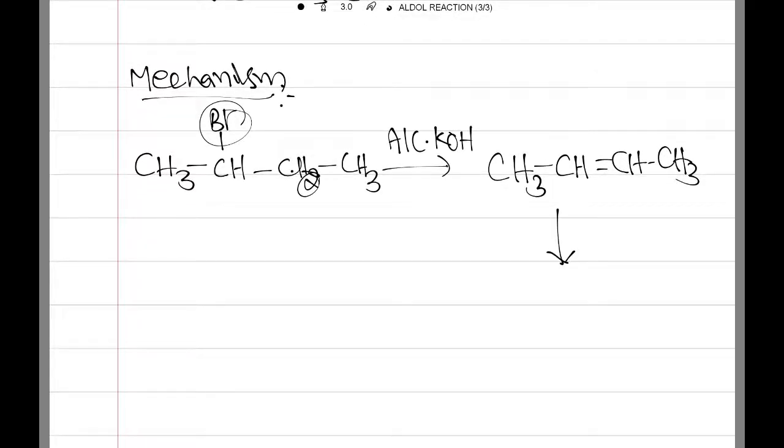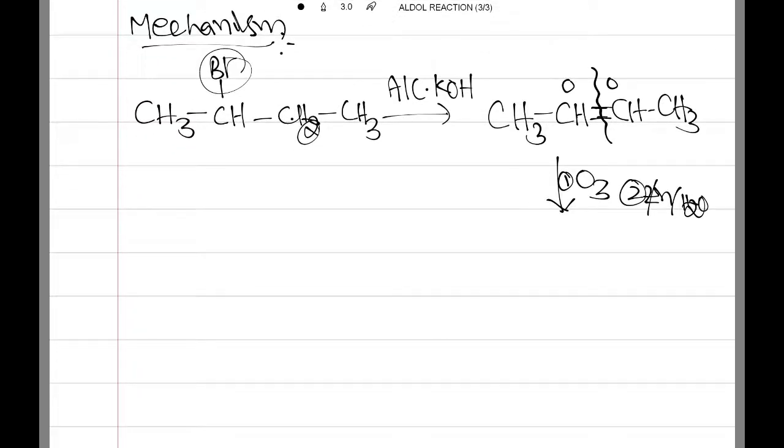After that, it is given the ozonolysis reaction. So what is the product of the ozonolysis reaction? It is ozone with zinc and H2O, that is, ozonolysis followed by reduction. What can we get here? Wherever the unsaturation is, you should cleave it and give oxygen and oxygen there. So we can get 2 moles of acetaldehyde formation taking place.